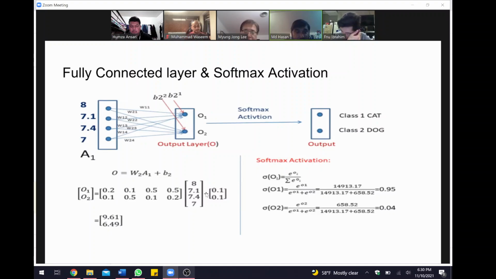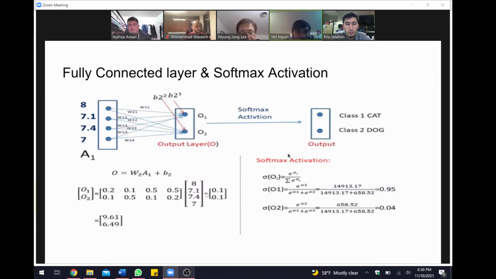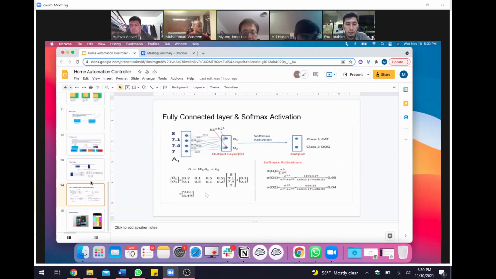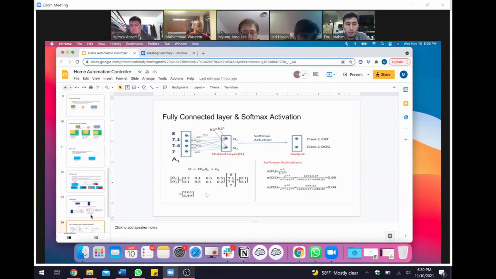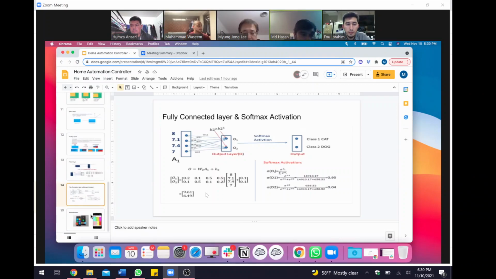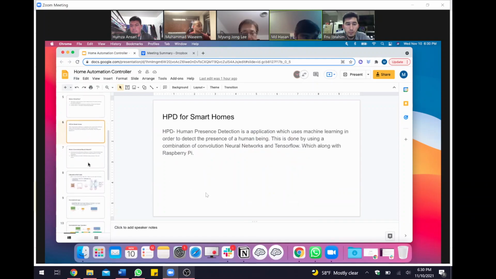softmax activation. Can you go to the next slide? Oh, what is the other one? Okay, which one? That's the last slide. Okay, so I'll just go to the first slide, all the way. No, it's number